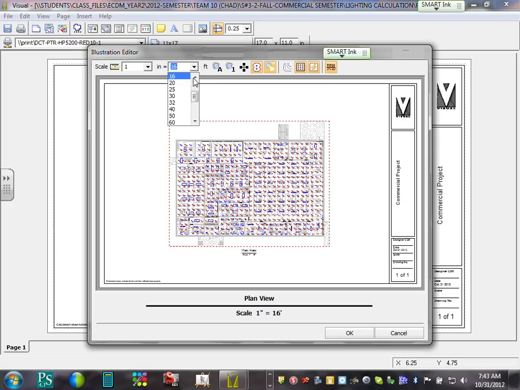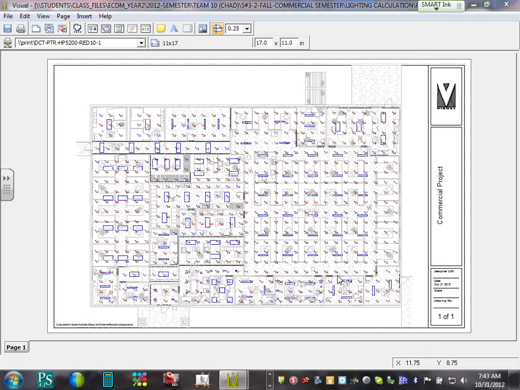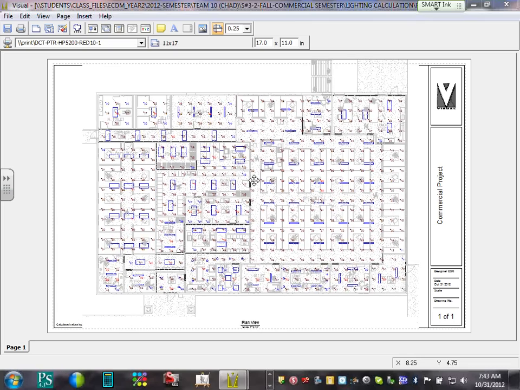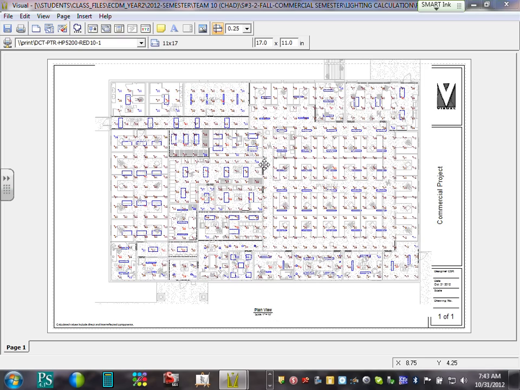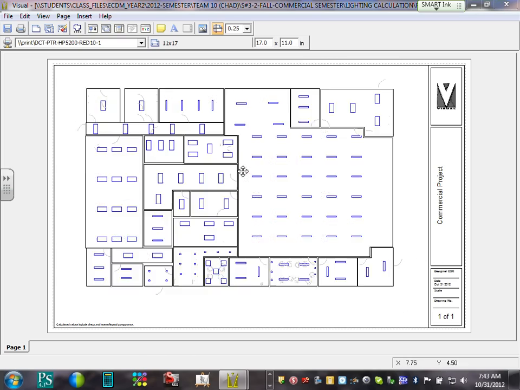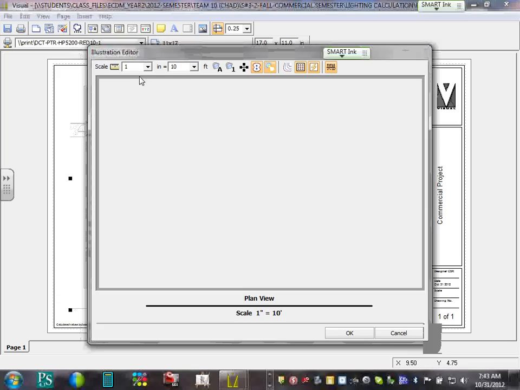So 1 through 10, and let me see if we can get it bigger a little bit. Okay, I got it 1 through 10, slightly bigger. You can adjust it. Can you guys see I'm dragging it and adjusting it? If I put my scale at 1 to 10, 1 inch equals 10 feet, that will give me a